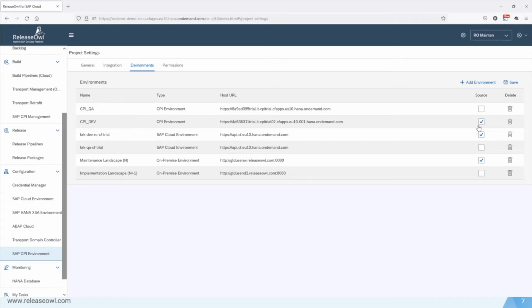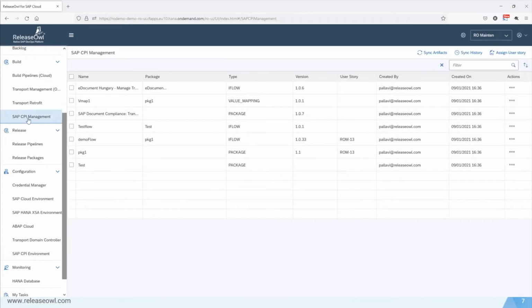And we also have to specify which is the source. This becomes important for us when we either want to sync or download, because then the tool knows where to get the artifacts from. Now let's go to the build section and then select the SAP CPI management option here. In this section we can sync the artifacts if we want to,